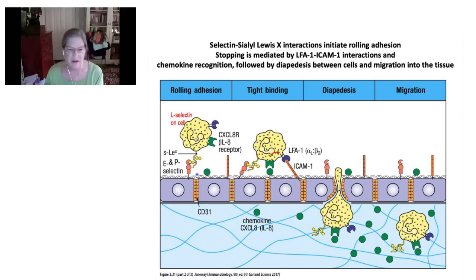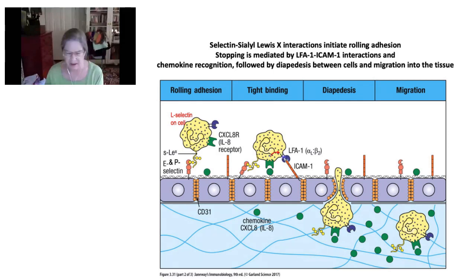And when the neutrophil sees it, it's rolling along on this selectin, because the endothelium of the vasculature has gotten inflamed, and it's upregulating these selectins. So it starts rolling along, and then it sees this chemokine. It's like, oh my God, chemokine. So it starts signaling, and then it makes